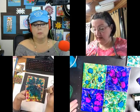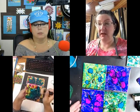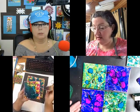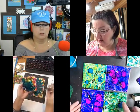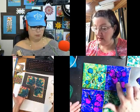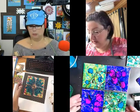So now that I have those done to this point, when you put those drops on there, you definitely have to let that set up. I tried to rush it with a blow dryer last night, and because of the thickness of the alcohol ink around it, it tends to get tacky. So let that set up. But when that's done,